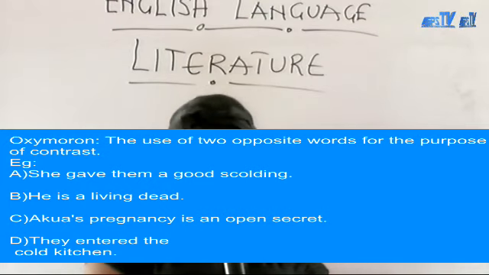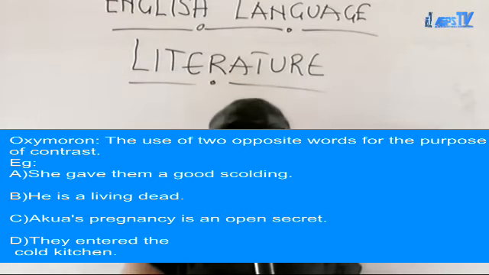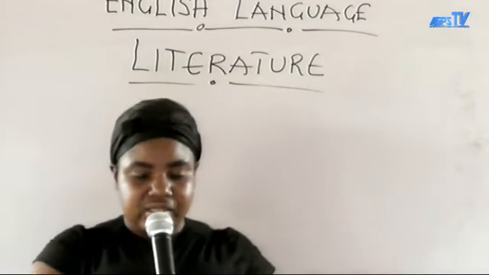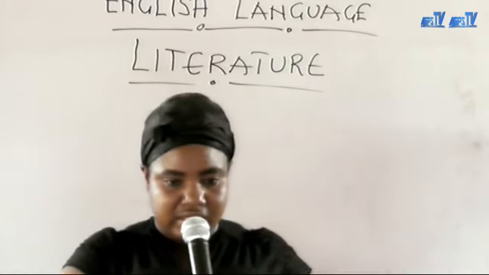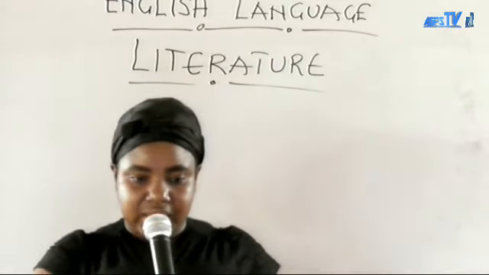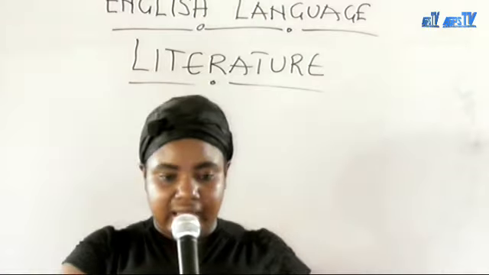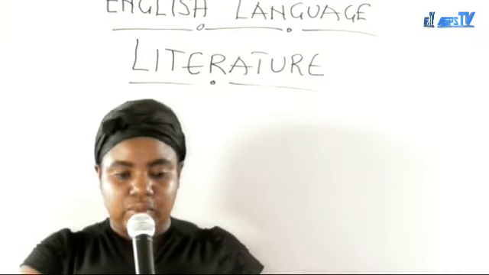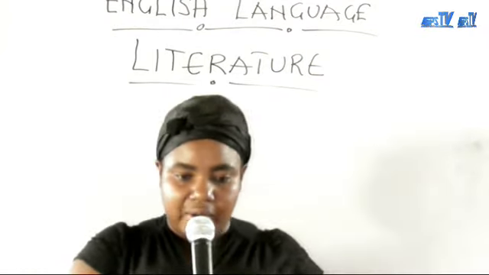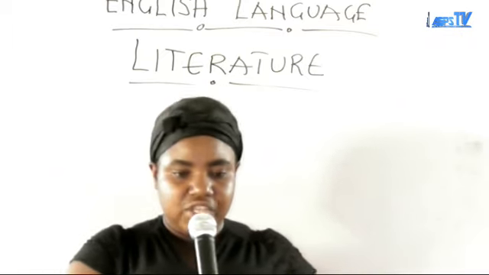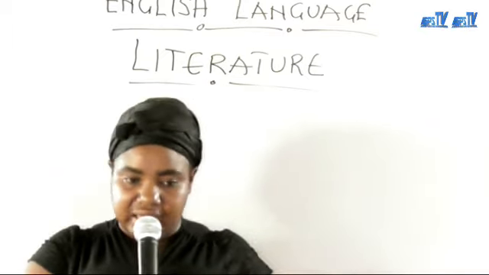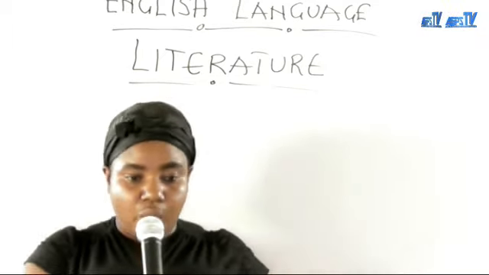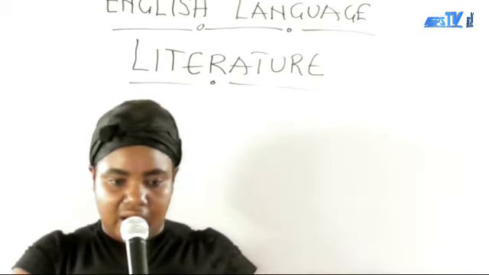This is where our lesson ends today. Today we talked about figure of speech, figurative uses and the literary devices. We talked about simile, comparing two things using like and as. We talked about metaphor, comparing two things without as or like. We talked about personification, giving human attributes to non-living things. And the last one we talked about was oxymoron, when we use two opposite words in literary writing.